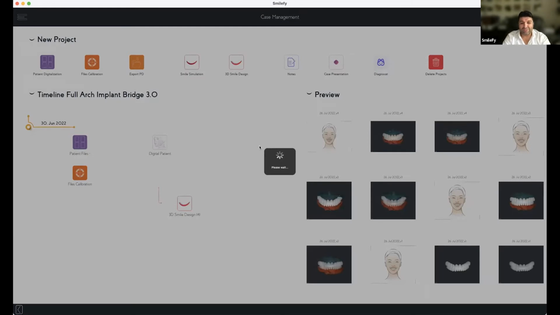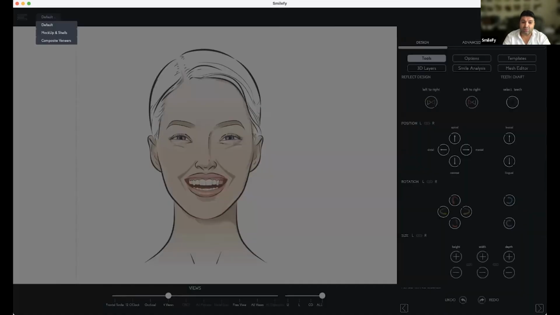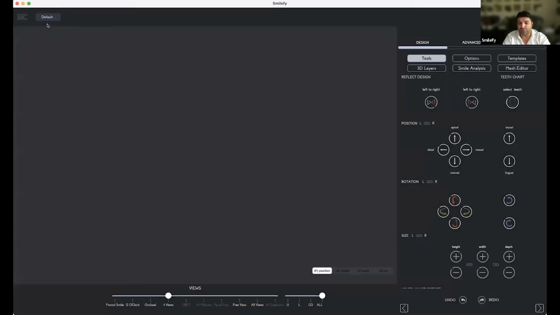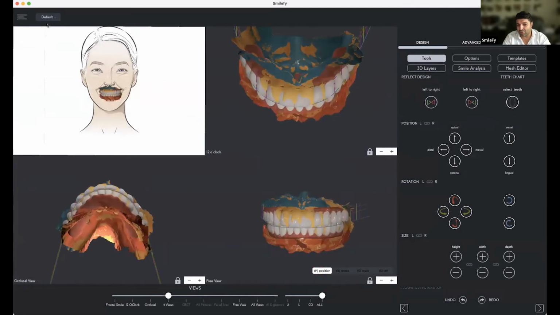So now, with every single option that you have, we need, of course, to check different situations, but I think we covered pretty much every situation with our workflow. If you have a patient, you can take a picture with the wax ring. You can calibrate the wax ring with the picture, with the intraoral scan. Then we have everything in one place.